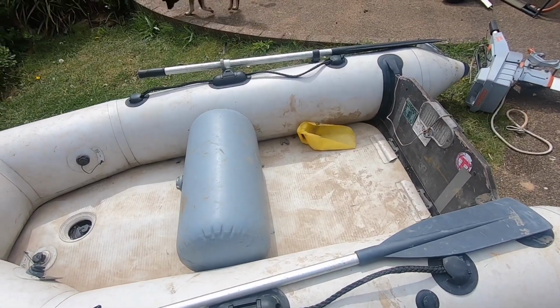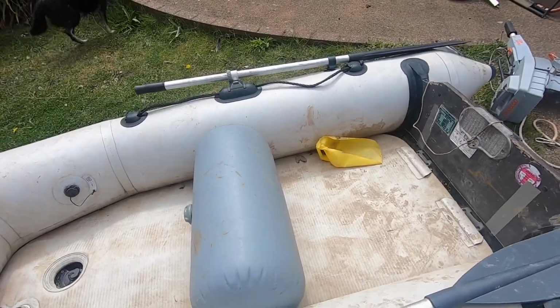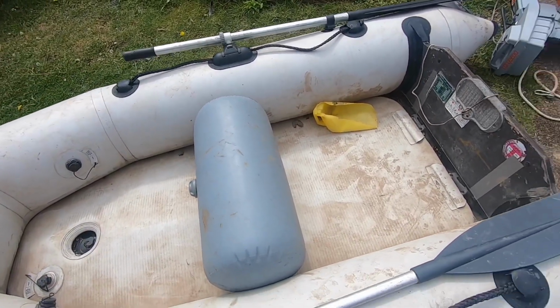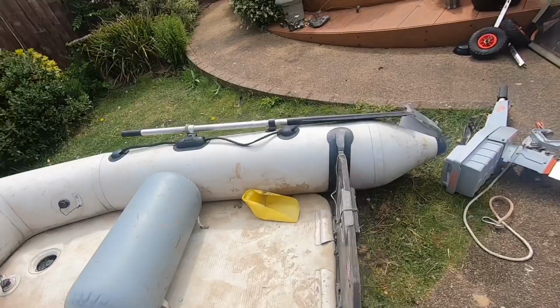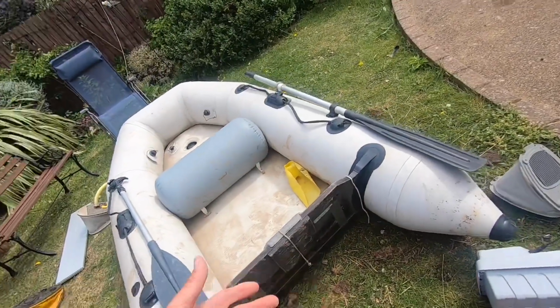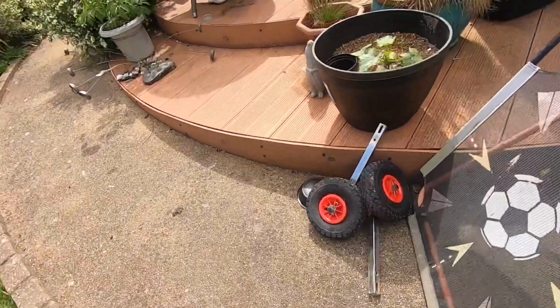Okay, this is great. If you've got somebody with you, you can just ask them to pick up the side, and off you go, walking down the slipway. The problem you've got is if you're on your own and you've got lots of gear, and you've got the engine as well. So I fitted these a while back,